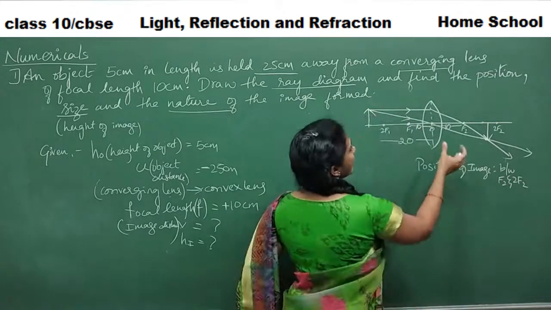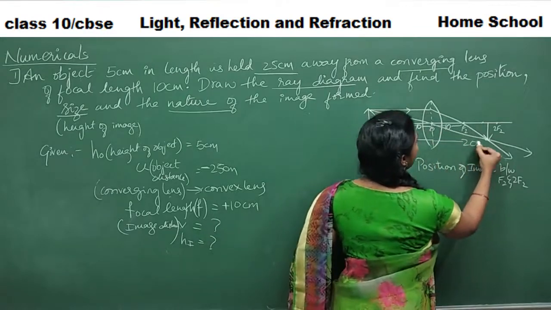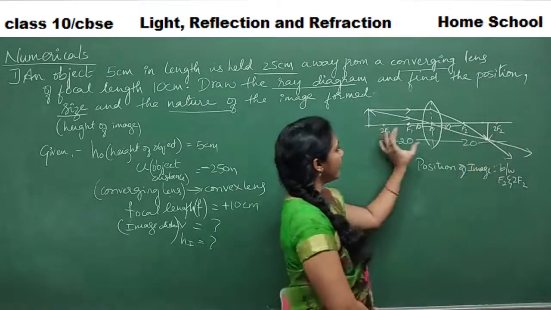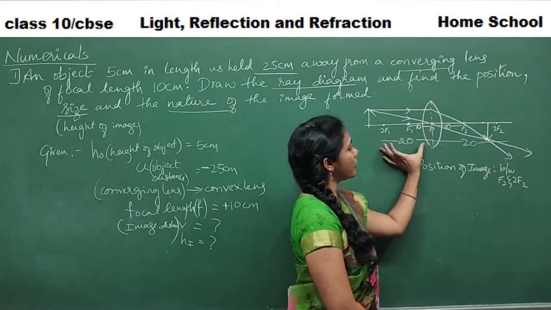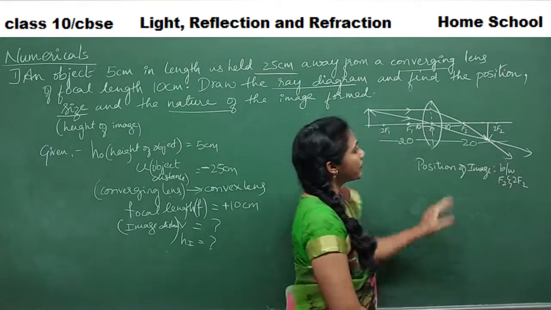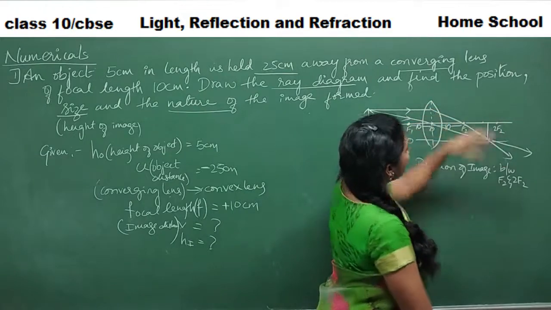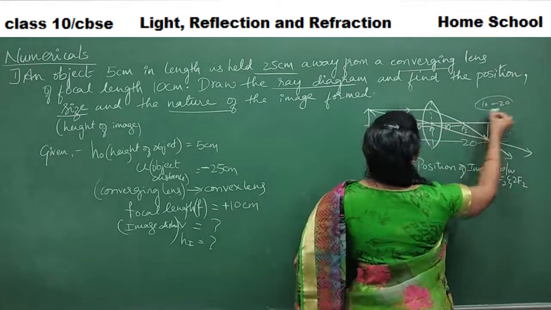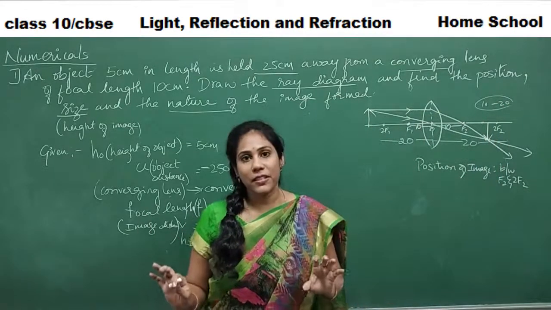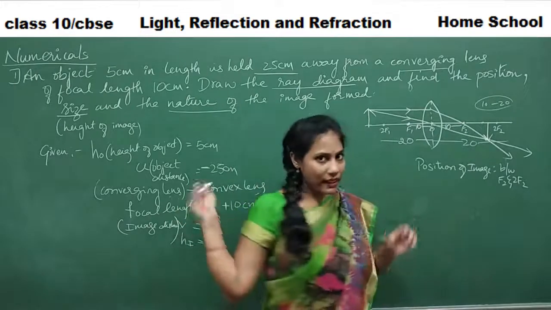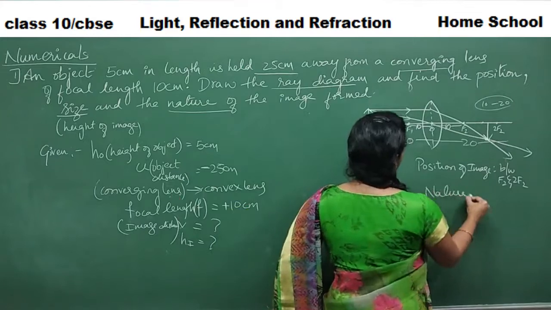Then definitely your value actually lies between 10 and 20. Even this distance is 20. This is also the center of curvature. When on this side the distance between the center of curvature and optical center is 20, then on this side also it will be 20. Your image is between F2 and 2F2. That means your value will lie between 10 and 20. Okay, roughly you can guess the image distance. Anyway, let us calculate the exact image distance. No need to worry. And are you able to guess the answer for this question?